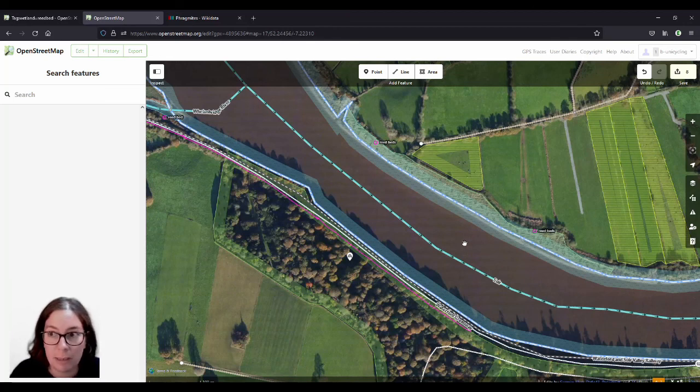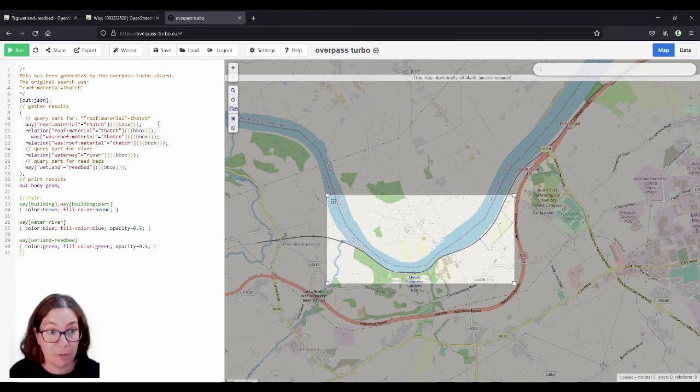I'll add a few more and then I'll come back to you and we'll look for all the reed beds that are already mapped like that. So in Overpass Turbo, I've created a query that looks for attached buildings, the rivers, and the reed beds, because there's, I presume, a correlation. And I've tried to highlight it in different colors, so I'm hoping that it'll work.